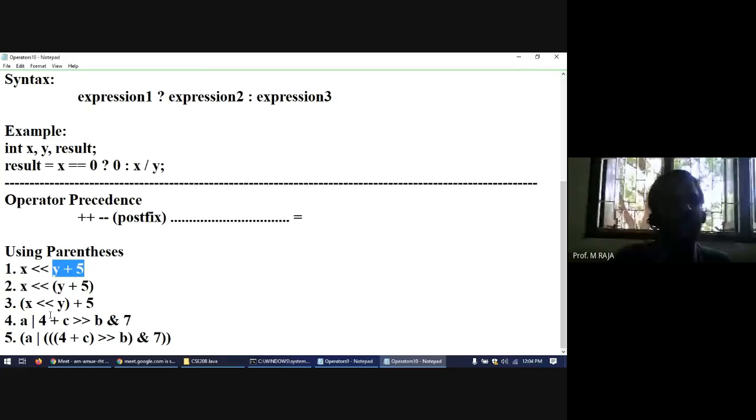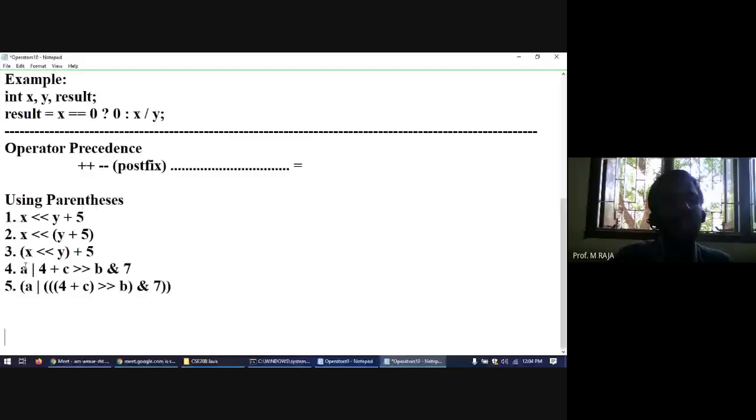Likewise, the third one, in case you put parentheses here, x less than y plus 5 means x is bitwise left shifted y times and the result is added with 5. That is the meaning. A fourth one, a or 4 plus c greater than b and 7. This is a perfectly valid expression in which the plus operator takes first precedence, 4 plus c, then the greater than